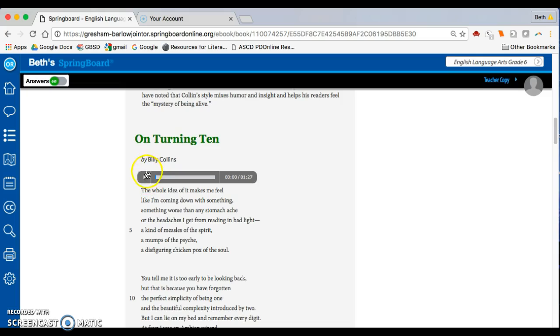You'll notice first that we have an audio button, and if you press on that, it will